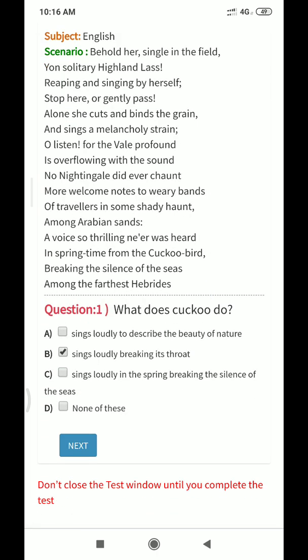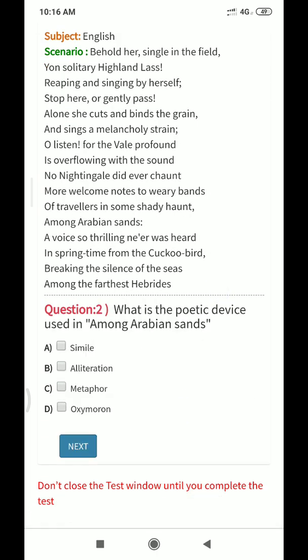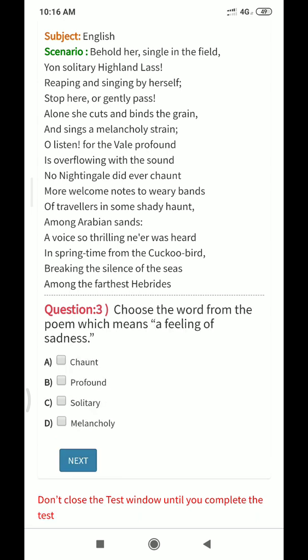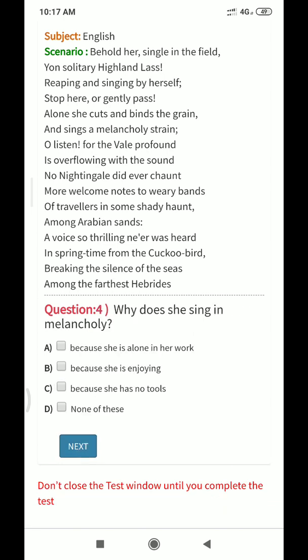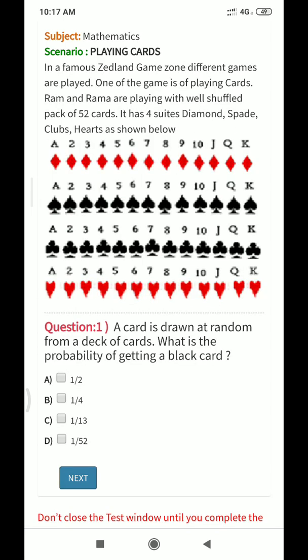You can select the relevant answer, and then click on next. Then select an answer after reading the next question. A third question came, and select an answer after reading the paragraph. Click on the option which is correct, and then click next.